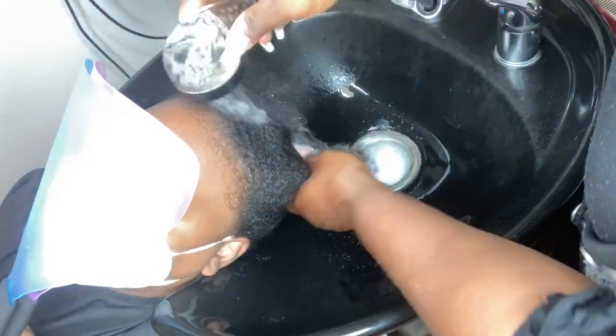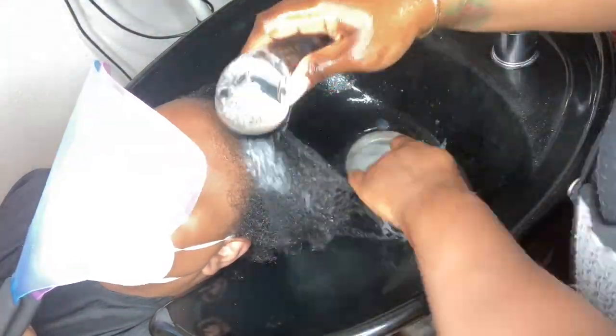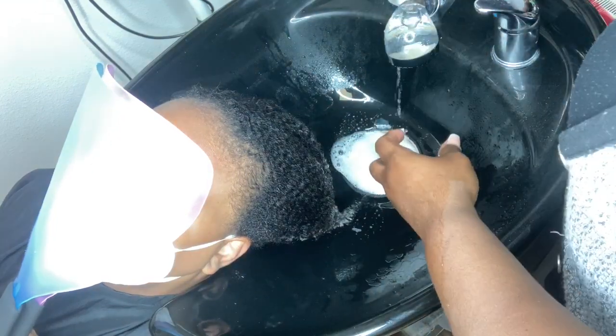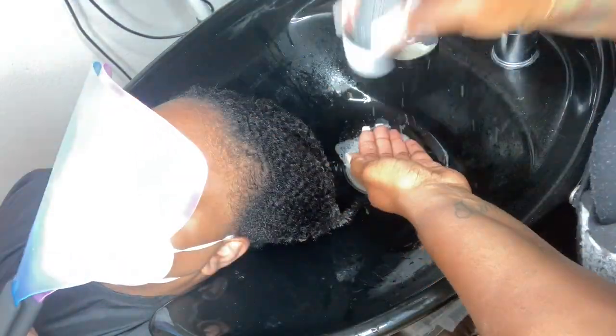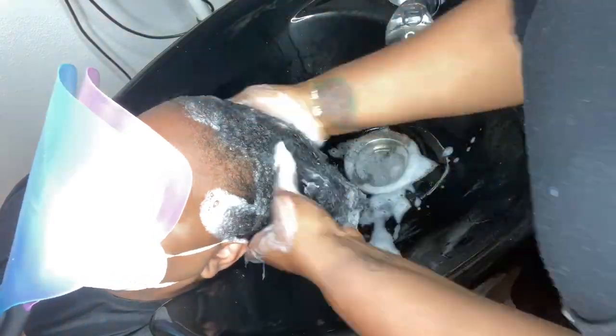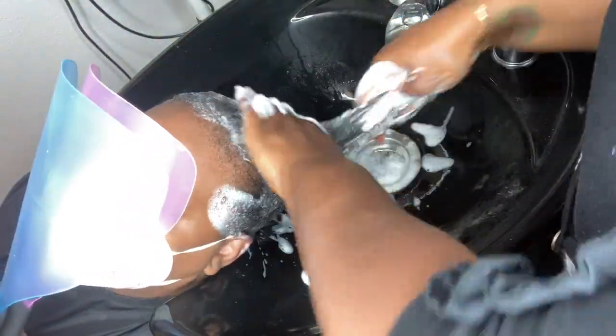So we start off, of course, by doing the shampoo. Now, with any shampoo, you always want to make sure that you cleanse the hair first and then you treat the hair after. So for our starting shampoo, I'm going to be using our Elite Herbal Detox Shampoo. This is serving as our clarifying or cleansing shampoo, but it does not strip the hair of all of its natural oils. But it does get the hair nice and clean and get the scalp nice and clean